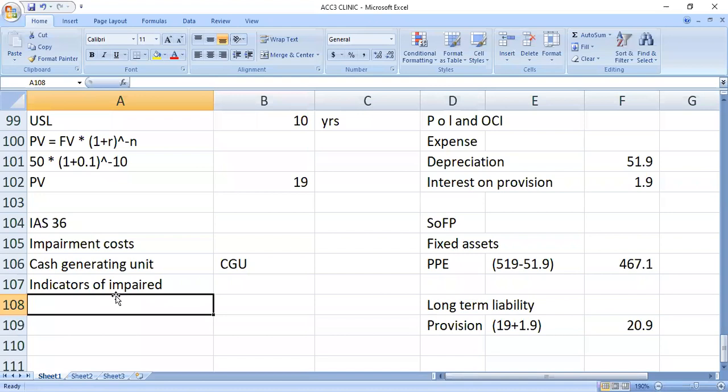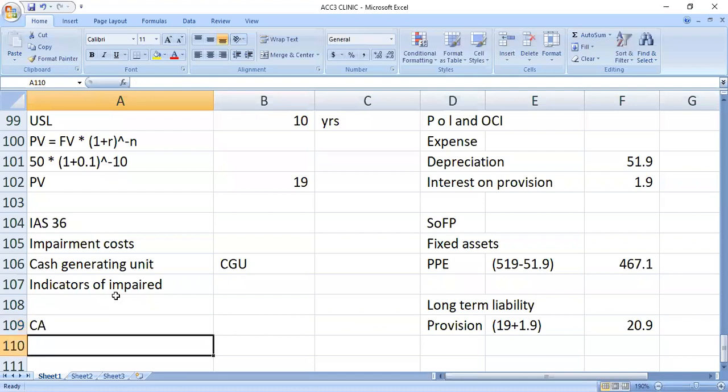Okay. So before we look at the question, I can talk briefly about impairment loss. Once you talk of impairment, it has figures. The things you look out for are, one, the carrying amount. Do you know how to compute the carrying amount of an asset, especially a depreciable asset like a building or a motor vehicle? Then we compare the carrying amount with the recoverable amount.